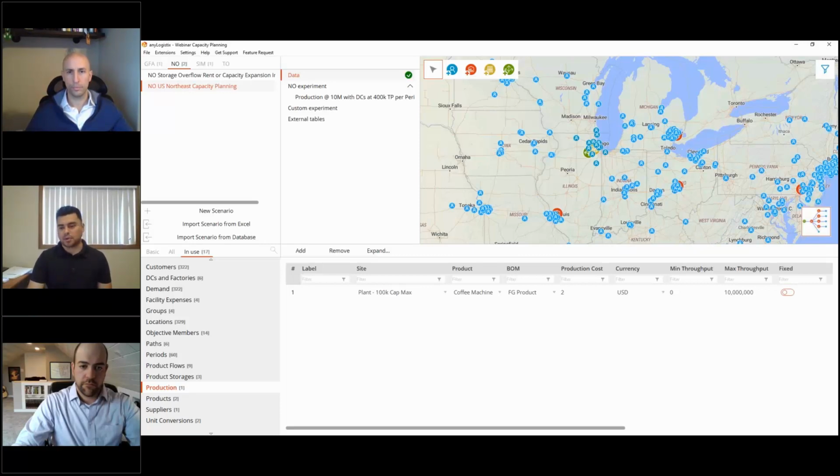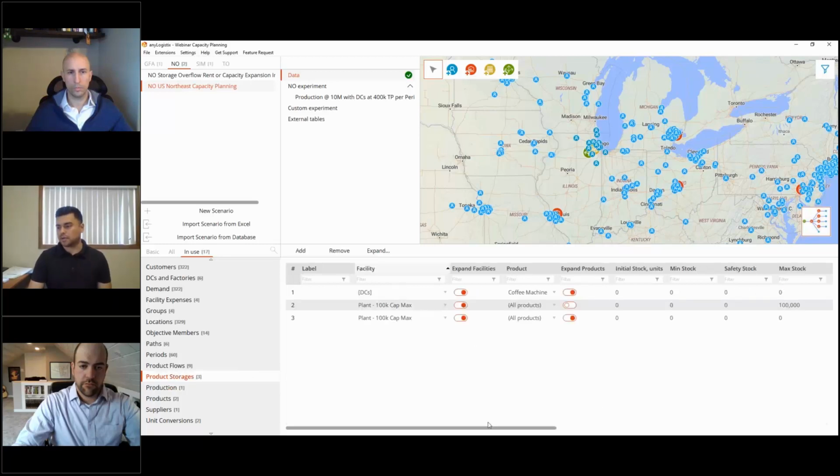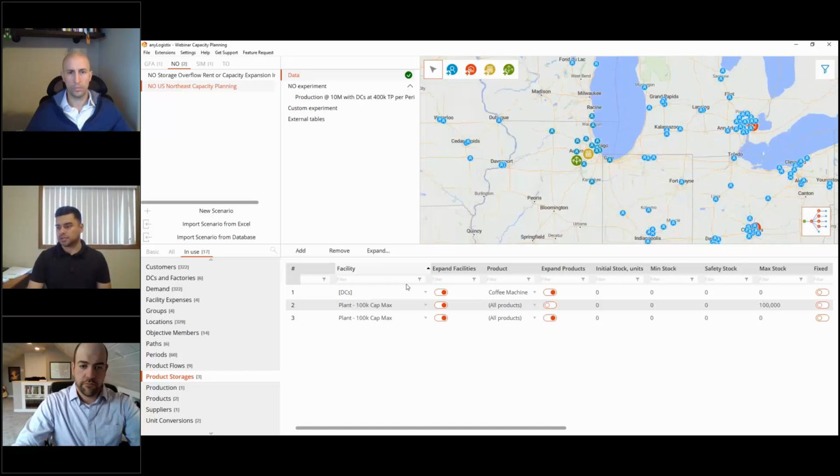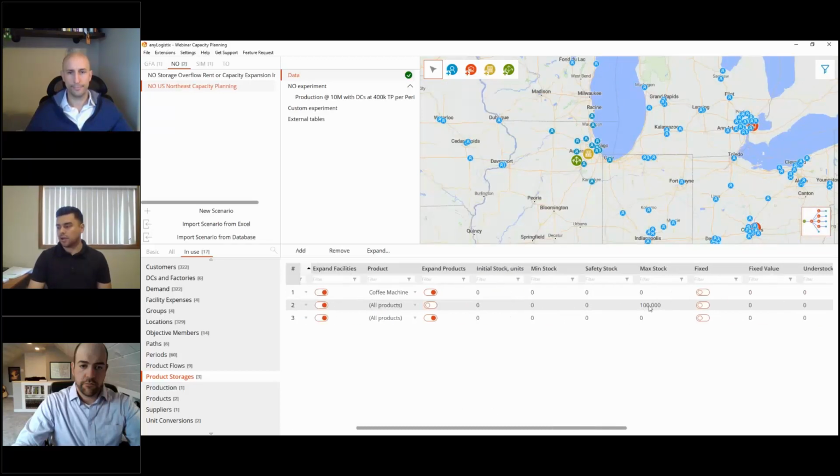All right, so now that we have an inbound and outbound, and we've assessed the production rate, we're going to take a look at our production storage to see where we have limits from a storage perspective. If you take a look here, our plant, which is 100K, means that it has a max stock of 100,000 units. So it's a small storage, right? But because it only provides to the Chicagoland area, it really doesn't require a lot of storage. We're going to assess a little later on if this is enough storage for that area as well.